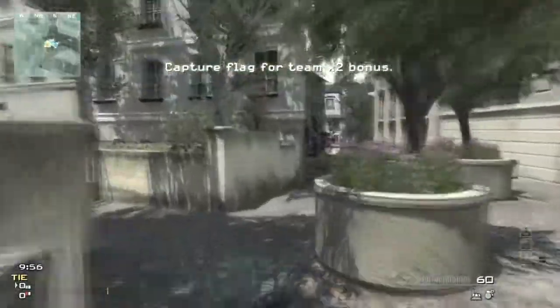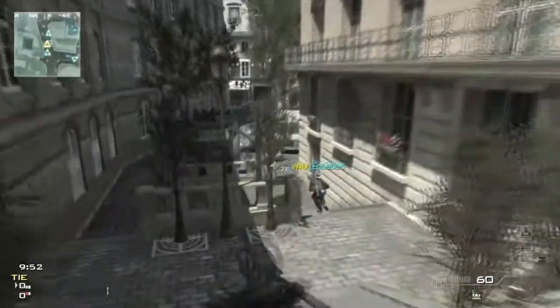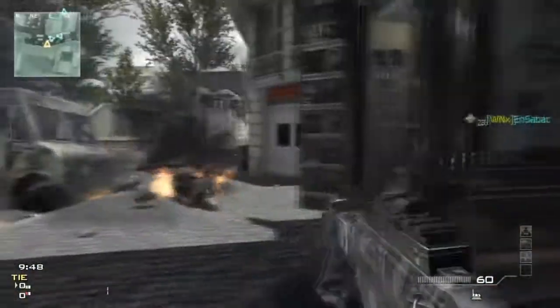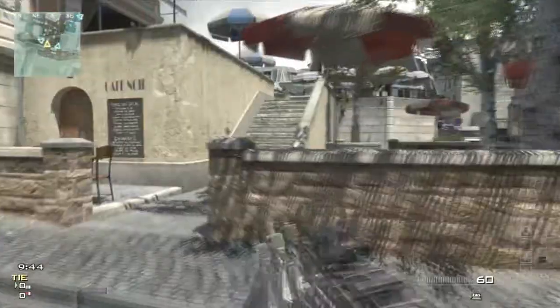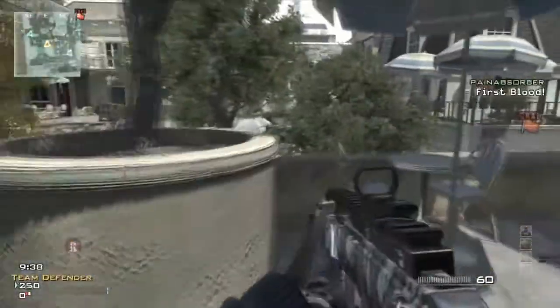Now my class setup I'm using is Sleight of Hand, Overkill, and Dead Silence. Then I move into Hardline Pro, Scavenger Pro, and Assassin. The equipment I'm using is the Grenade and the Portable Radar. Now the two weapons I decided to use for Overkill Pro was the G36C Red Dot with Kick and the